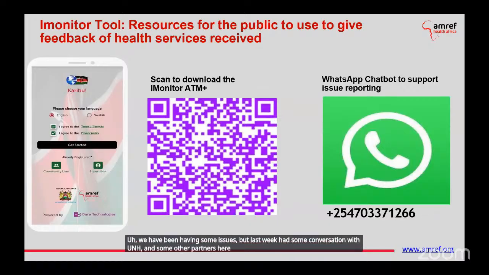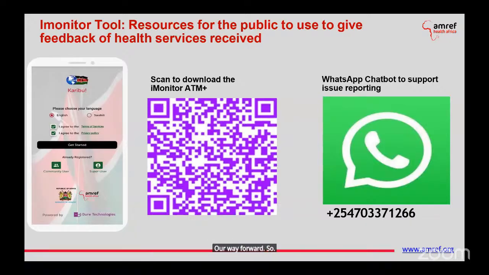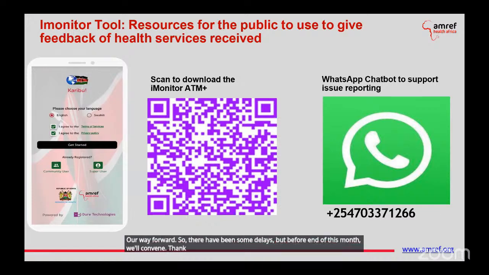So there's possibility that we'll convene before end of this month so that we are able to take stock and know where we are and what is our way forward. There has been some delays, but before end of this month, we'll convene. Thank you very much.